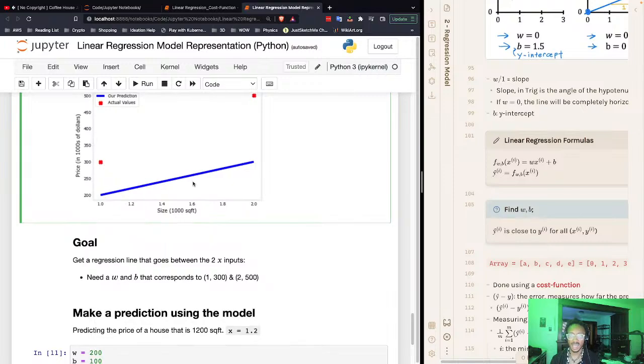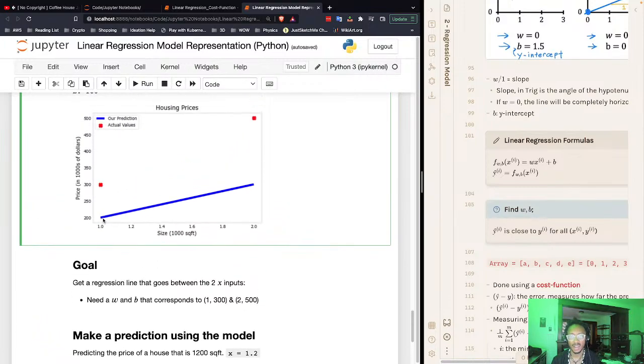And in order to get a line that fits the data well, you need to configure or calibrate, I don't know if there's a better word, but you need to determine what the best weight and bias are. And the weight and the bias are going to have an influence over the slope. So the slope is how diagonal